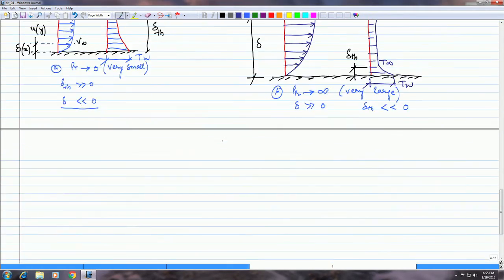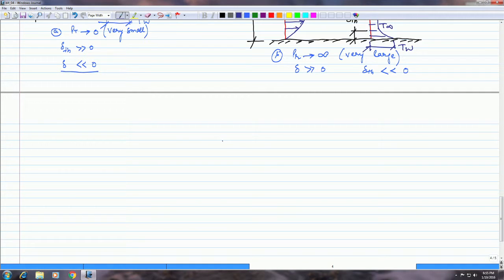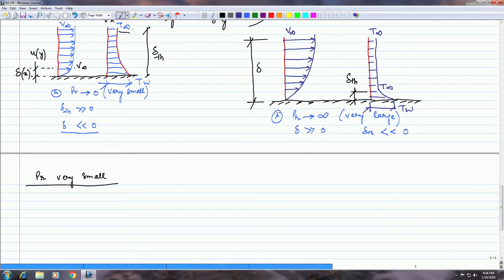Okay, now in this case, when Prandtl number is very small, you see the thermal boundary layer thickness is much larger than the velocity boundary layer. Therefore,